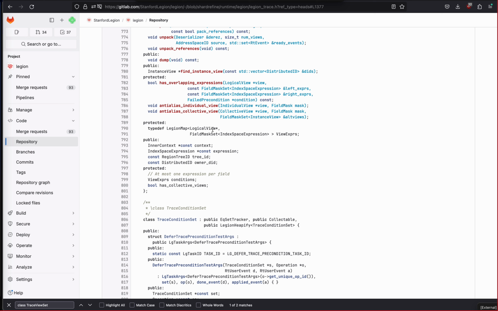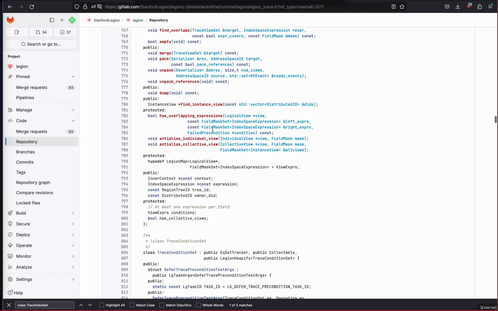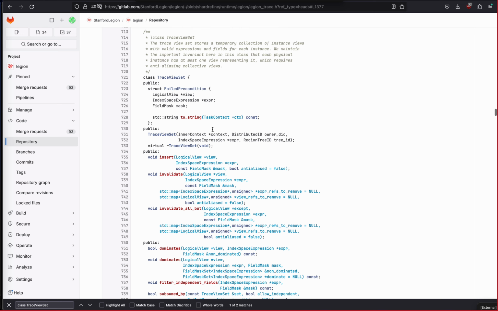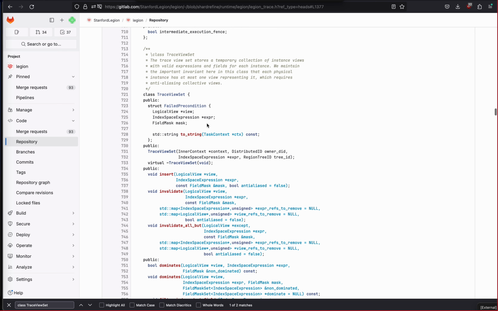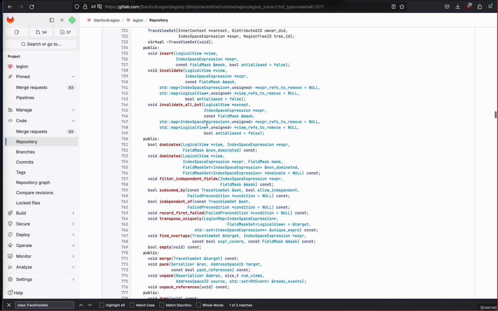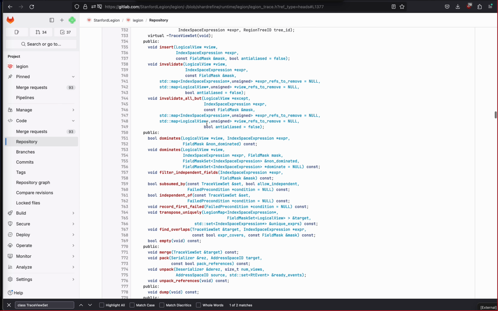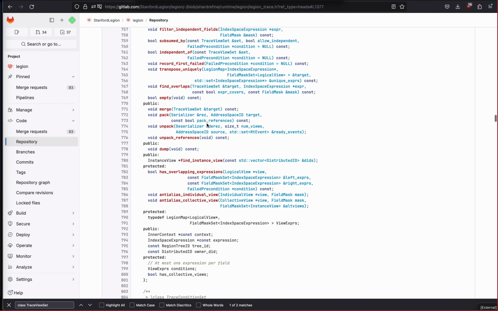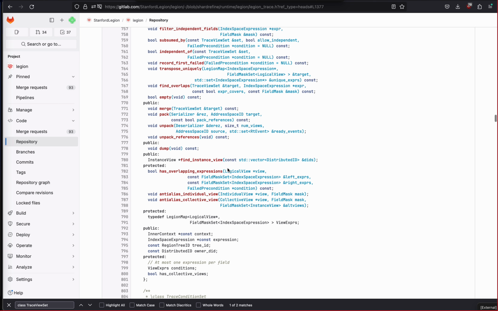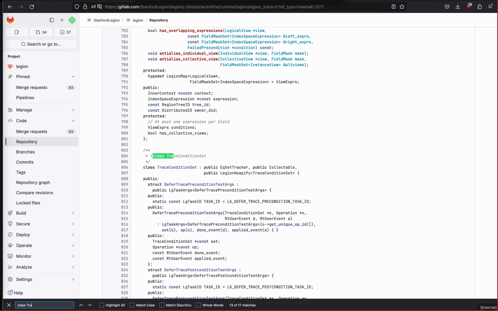Just a difference between how you record it and how you capture it and test it. So anyway, that's a trace view data structure. This trace view data structure gets used by the equivalent sets as part of their trace capture. And then when we actually finish the capture, we'll do the transpose into the representation over here in the trace condition set